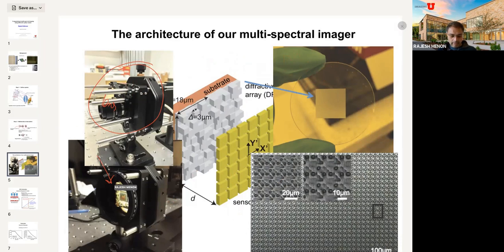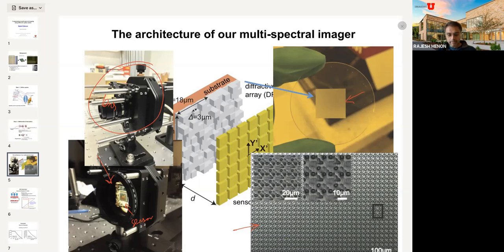This is the diffractive filter array on the sensor. The sensor is behind it. It's kind of hard to tell, but it's there. And the diffractive filter, or the DFA optical microscope image, is shown here. This is what it actually looks like. We actually make this in our nanofab. And then